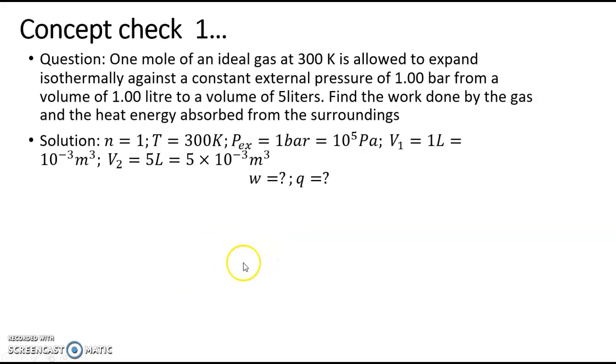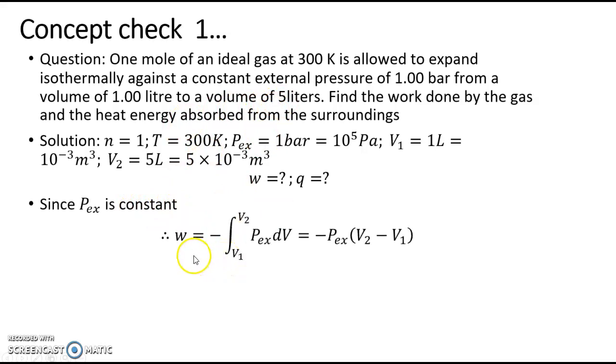The question is to calculate the work done. Since it's against a constant external pressure, it's an irreversible process, and the work done is simply negative the integral from V1 to V2. P external can come out, so we have minus P external times V2 minus V1, and